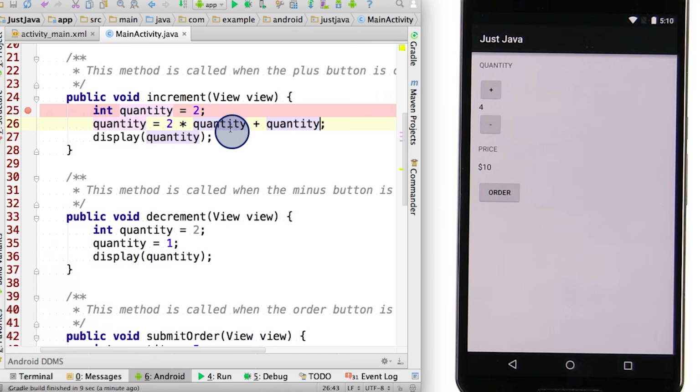I can also use the variable name twice or as many times as I want in the expression that will be evaluated to store as a value for quantity. Let's run this to see what happens. This is essentially 3 times quantity. So if the original quantity is 2, then when we hit the plus button, it should bump up to 6